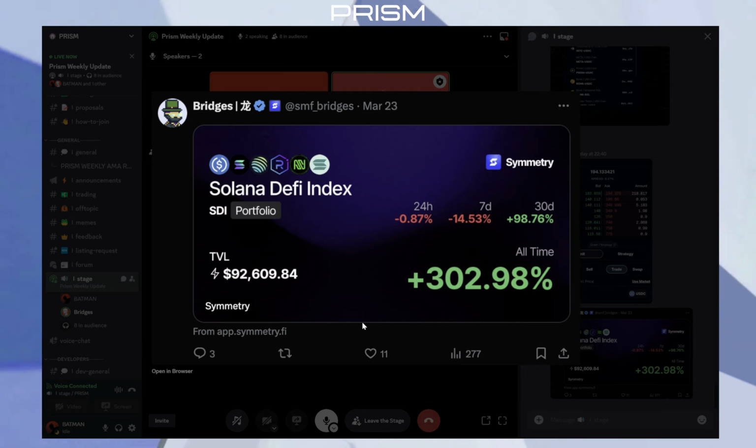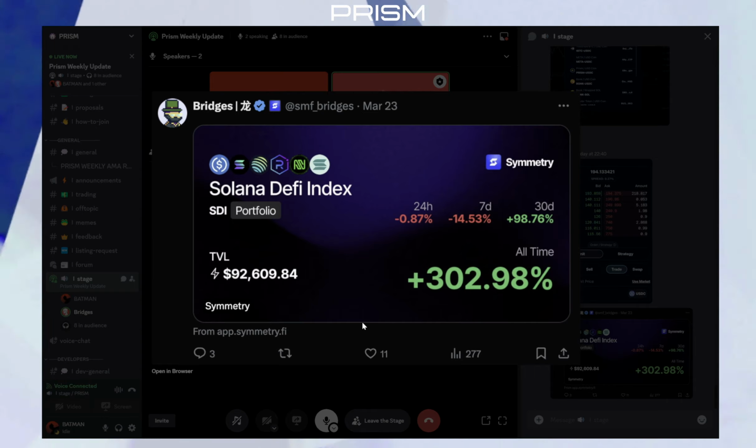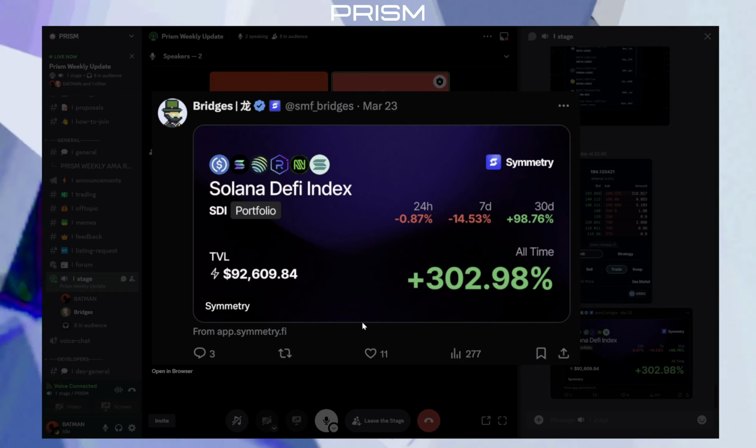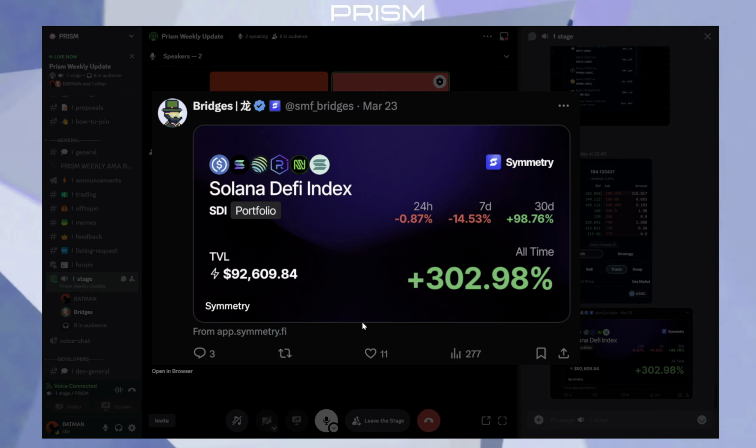And inside the link image, it shows the information about the basket directly. So it's more intuitive and also more interesting for people to check out the platform that way when they see that. So what we're going to do with Prism is, when you share a link, let's say Sol USDC, it's